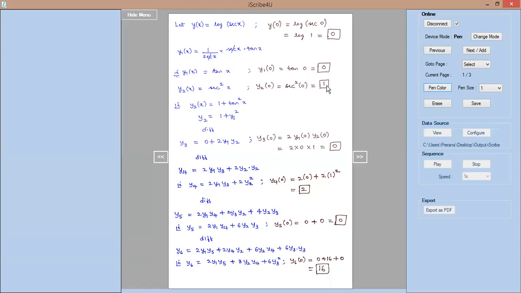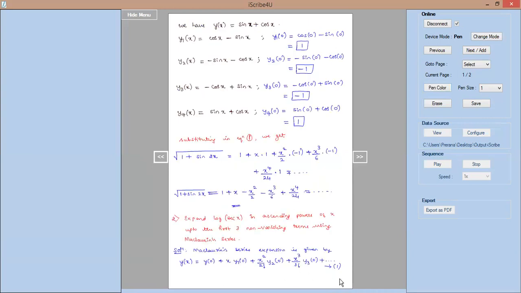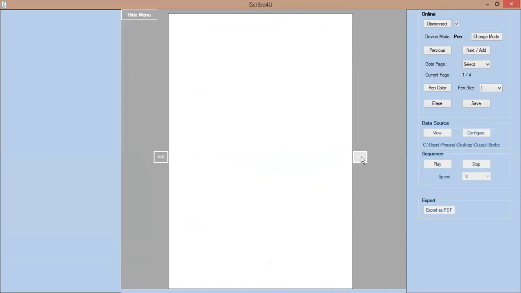And we observe we have obtained 3 non-vanishing terms. 1, 2 and 16 are the 3 non-vanishing terms. So since we obtained 3 non-vanishing terms according to the requirement, we stop here doing the differentiation. Now we substitute all these values into equation 1 where we have already written the Maclaurin series expansion formula. So substituting in equation 1,